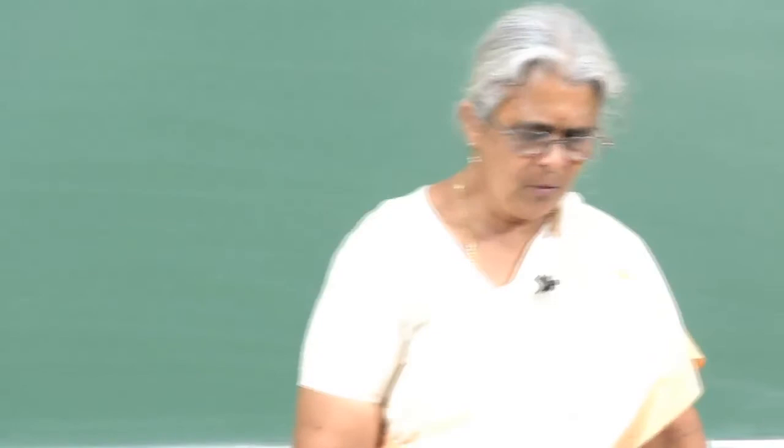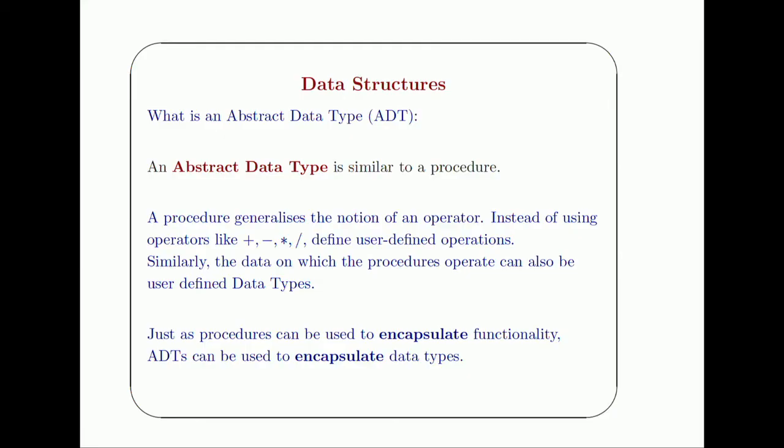So, in the last class we looked at what an abstract data type is. Now, we said the idea is to use data structures, user defined data structures, and not only that you have user defined data structures, you also define operations on these data structures. And just like when you write procedures, for example, to find the sum of n elements as we did some time back, we basically have a procedure that operates on an array and gives you the result.